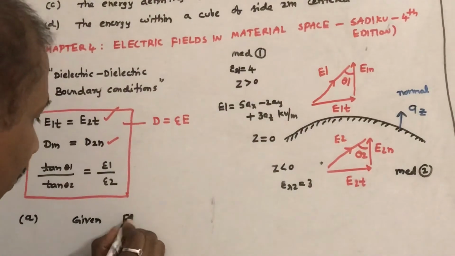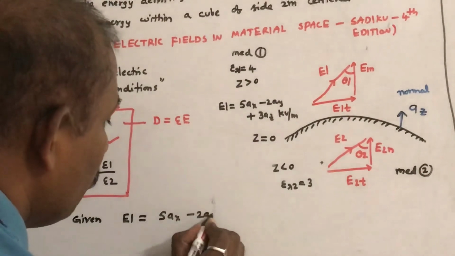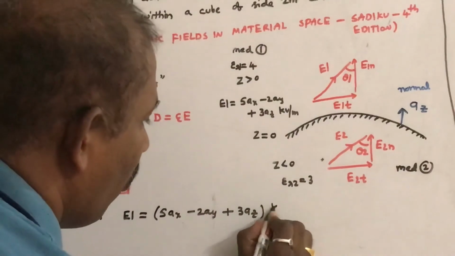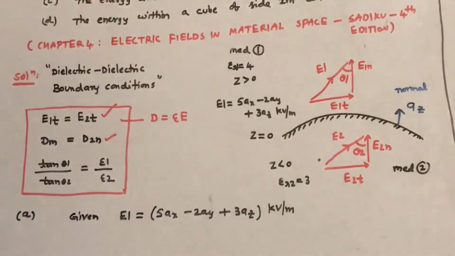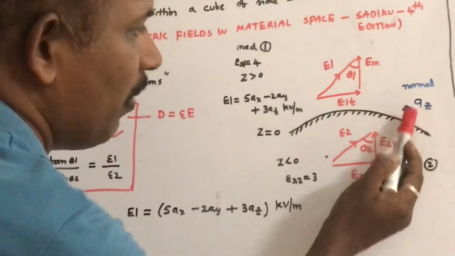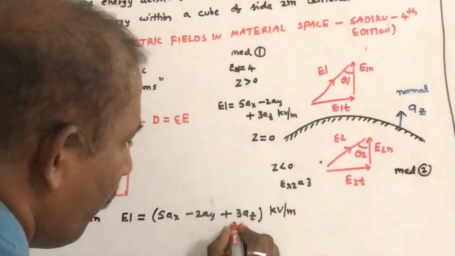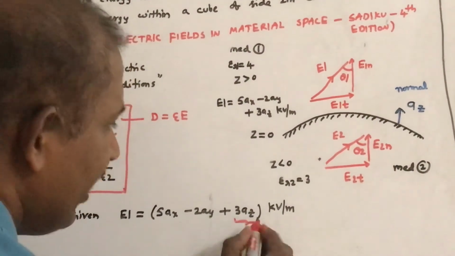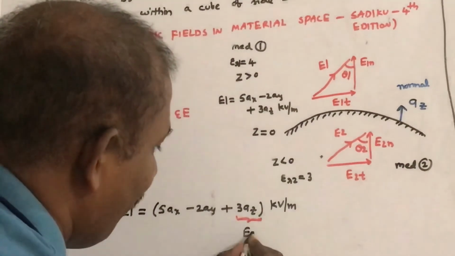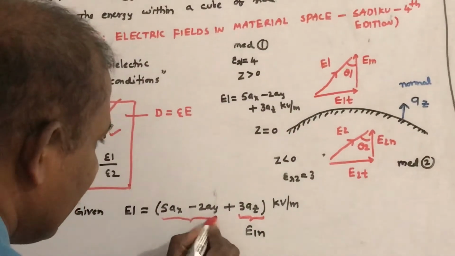Given E1 is equal to, what is given? 5ax minus 2ay plus 3az kilovolt per meter. First you have to find carefully what is E1n. Because you can see that az is the normal component to this boundary. So this 3az is represented as the normal component, that is E1n. The remaining component is taken as the tangential component,